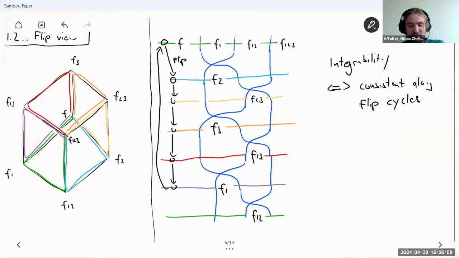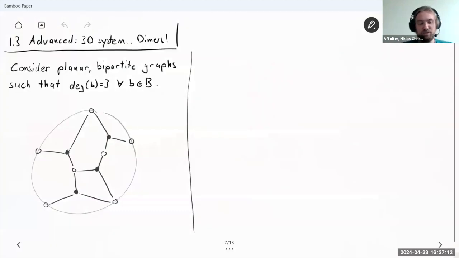Okay, so as I said, I was trying to prepare for dimers, because I want to look at dimers and think about flips, and then have some consistency there. Oh, right, and I prepared something to be not as long. Right, so this is a bit the advanced thing, because now I'm doing multiple things at once. First of all,